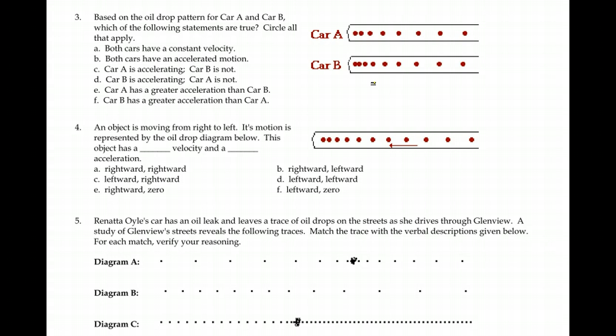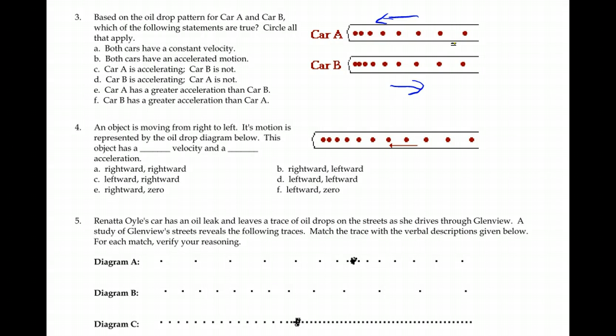Now, first of all, be careful. You can't read too much into your oil drops. First of all, there's nothing telling us which way the cars are moving. They may have been going this way, or they may have been going to the left. That would determine whether they're getting faster or slower. Right, so we can't necessarily say faster or slower, but if there is a change in the spacing, and we're